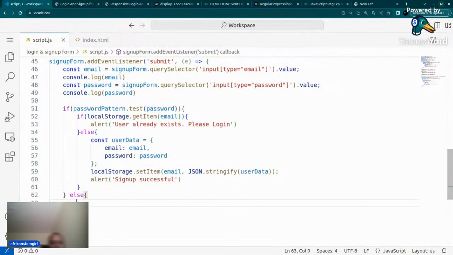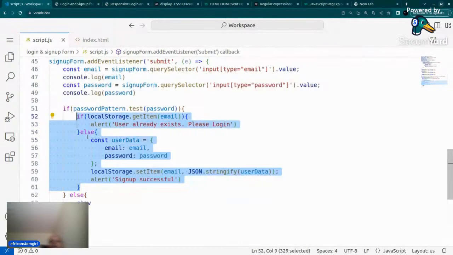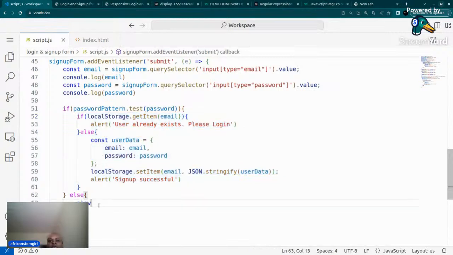So the thing is now, what should happen when the test is testing the password and finds that the password does not meet the password pattern? What do you want to happen? The first if normally holds the code for when everything is right. So else is what happens if everything is not right. So I'll say show, or I can just say there's a code I need to write. But here I can just say alert. For now, I can write alert,